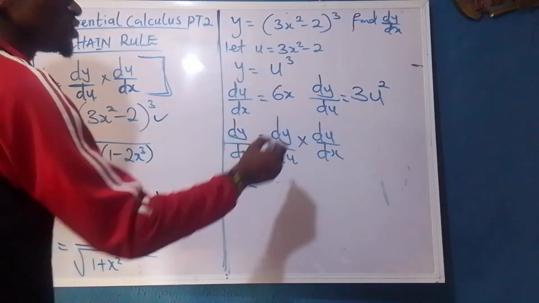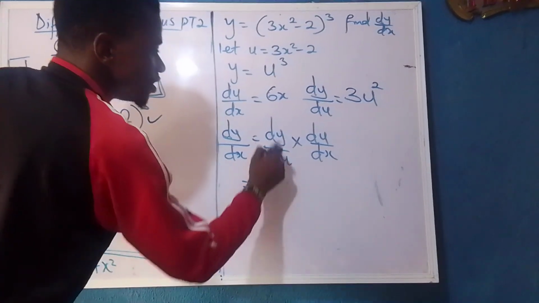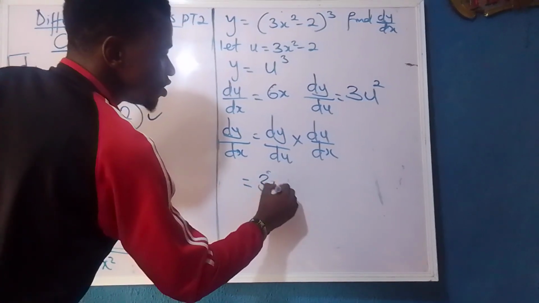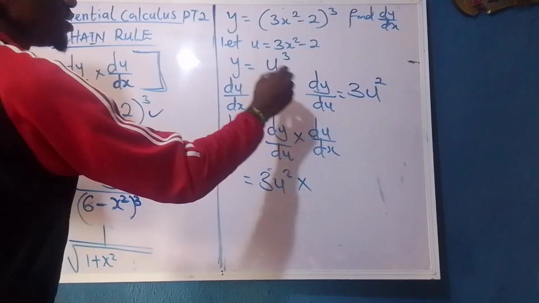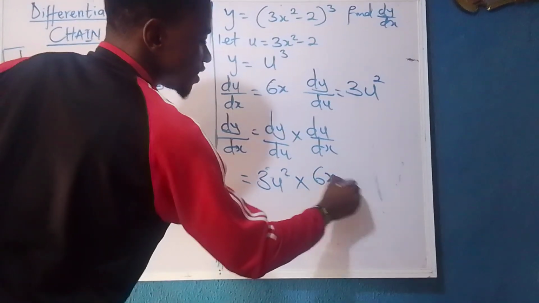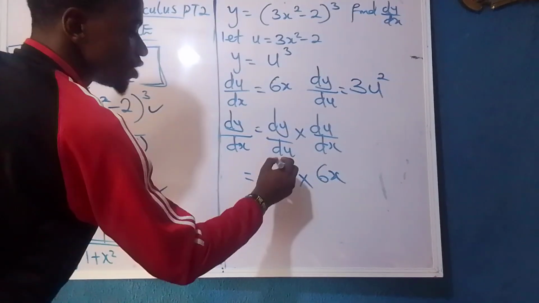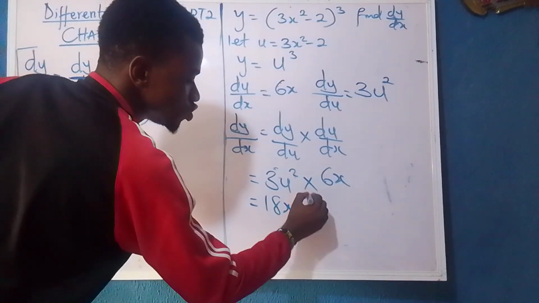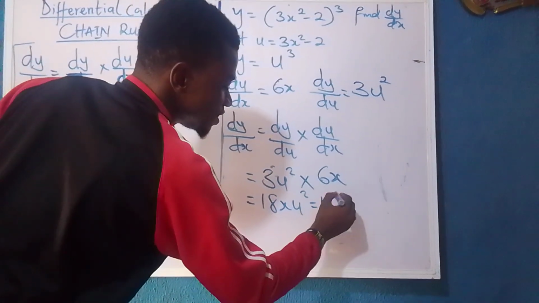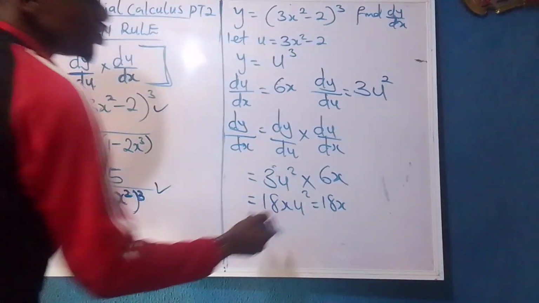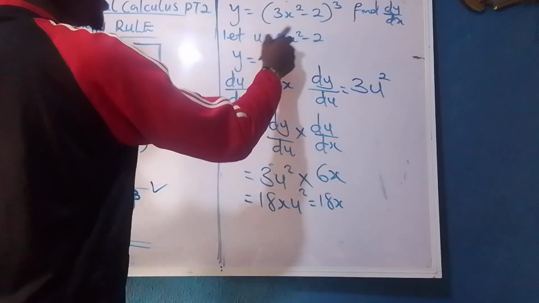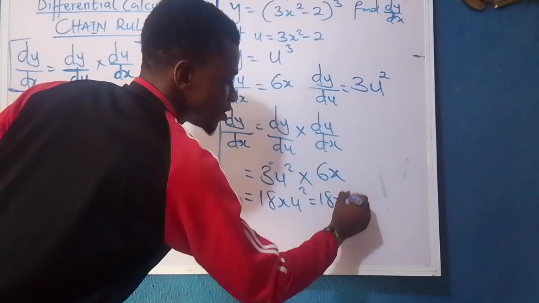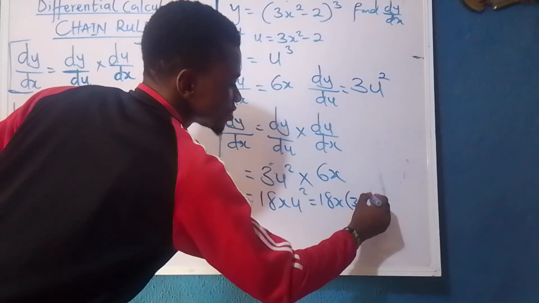So input the values into the formula. That way dy over du is 3u squared times du over dx, that's 6x. So if you multiply all through, that will be 18x u squared, which is 18x. Now u initially has a value of 3x squared minus 2. We put it back, open bracket 3x